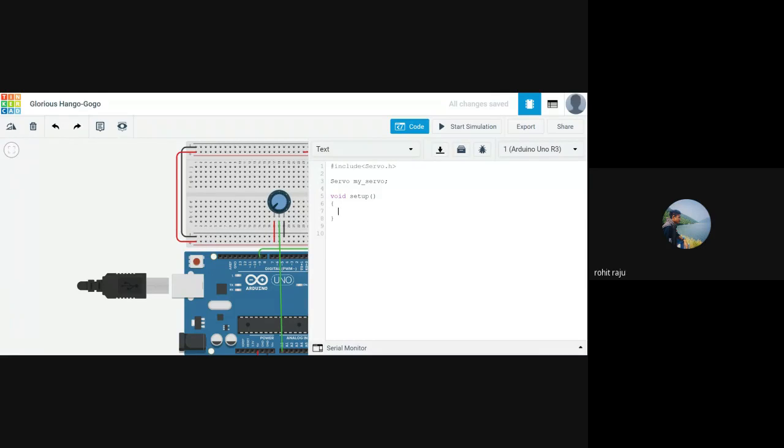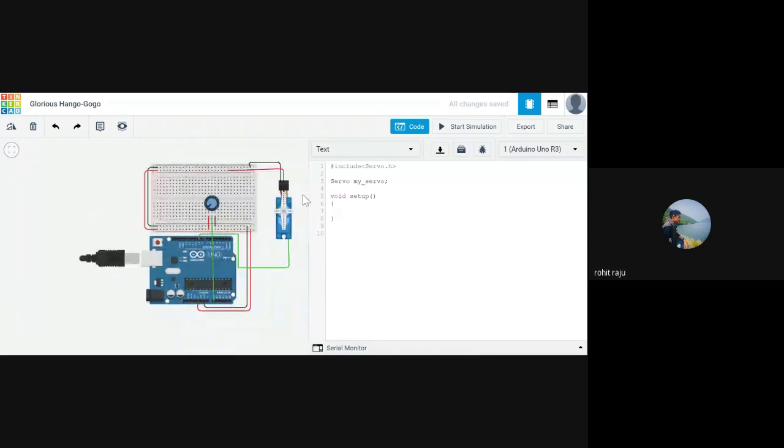And for the servo motor, we attached this signal pin to pin 9. So to set up a servo motor, we have a special function we are accessing with our object. So what is our object? myServo. So we are accessing that function with the help of the dot operator. We put dot and then the function called attach. This function is part of the Servo class. In the Servo class we have a lot of functions, and the attach function is one of them. myServo.attach, and to which pin have we attached it? To 9.